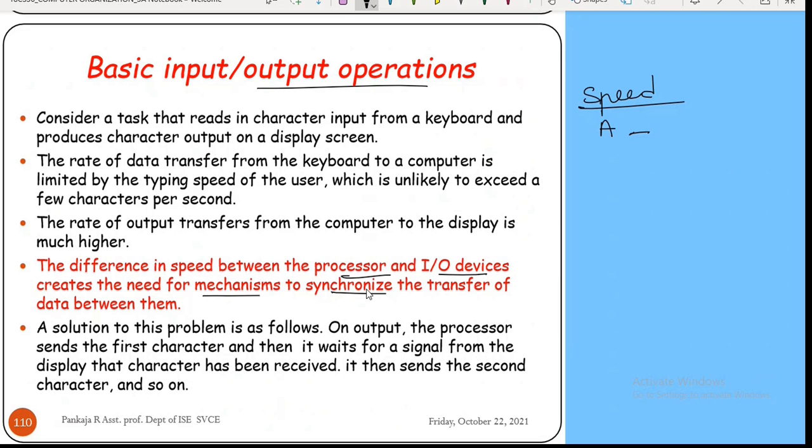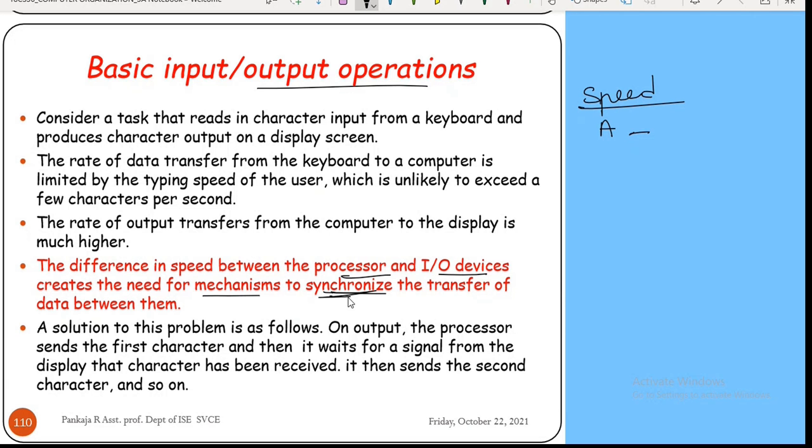Synchronize means I want to make all the devices work at the same speed. Okay, so that is not possible. I cannot make the processor speed and input device speed the same. It is not possible, but we have some technique. So we can at least synchronize the speed between processor and the input device. Okay, so what are those techniques we'll discuss.